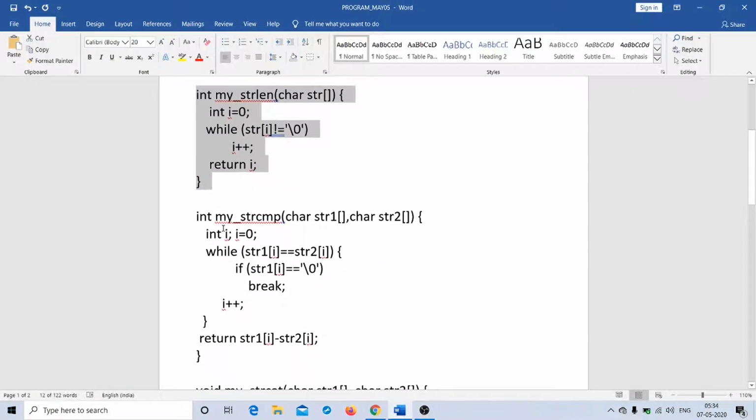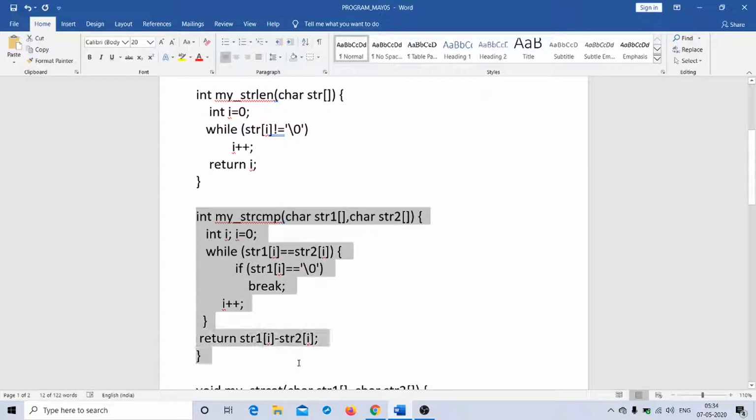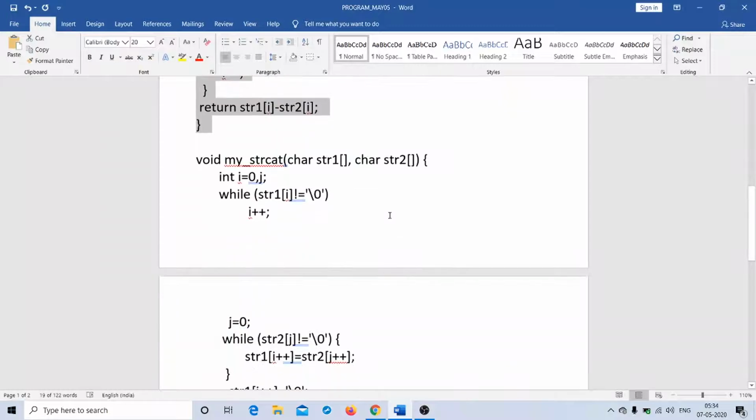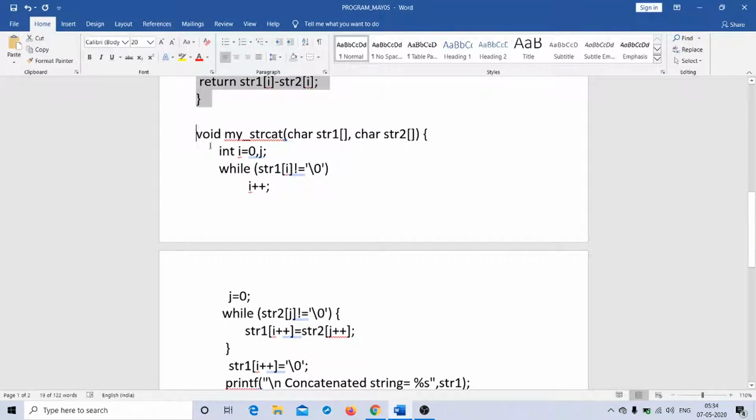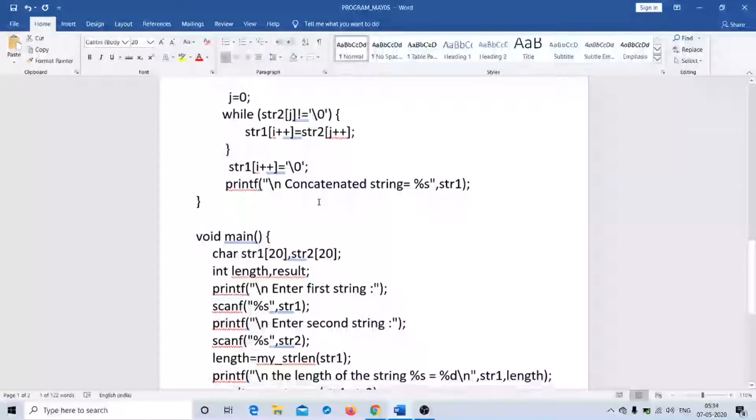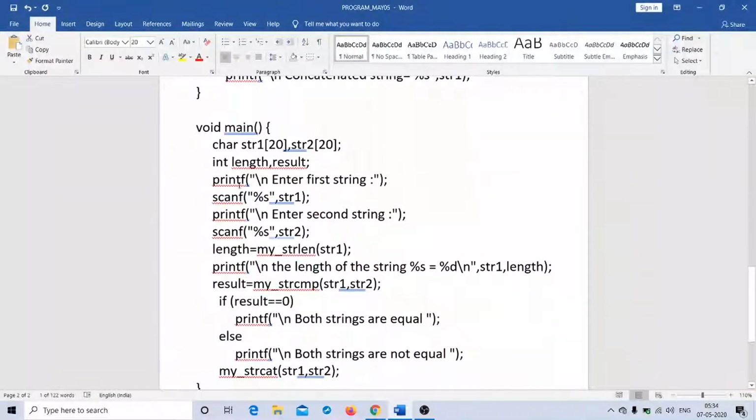Then I have my own user defined function called my_strcmp, which will compare the two strings. And finally, I have another user defined function called my_strcat, which will concatenate the two strings. So let us see how the program works.